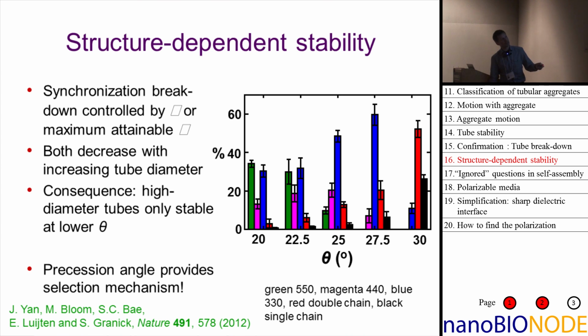And by contrast, if you have larger angles where the particles move faster, the tube has to move faster, the large tubes, the fat tubes cannot keep up, and you indeed select predominantly the narrow tubes. So that is an example of how synchronization describes self-assembly in a way that at least I totally didn't anticipate, and how you then even can use this insight to create self-assembled structures of specific shapes.